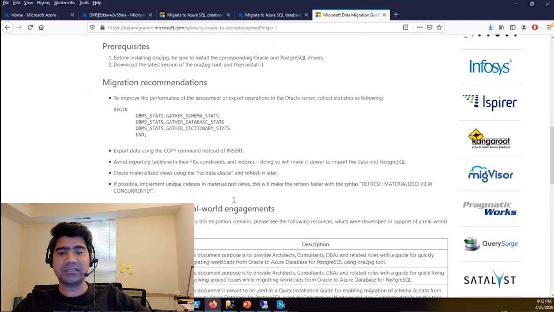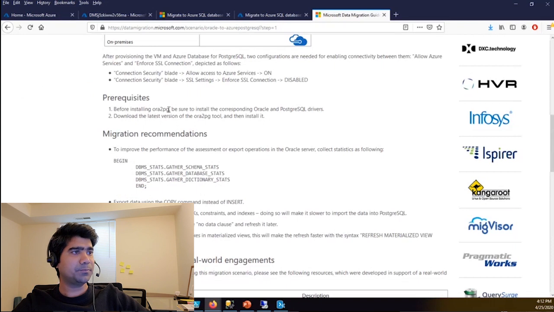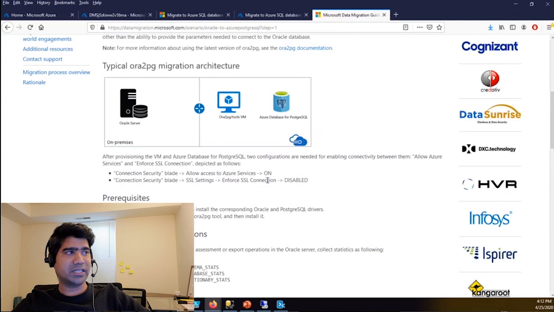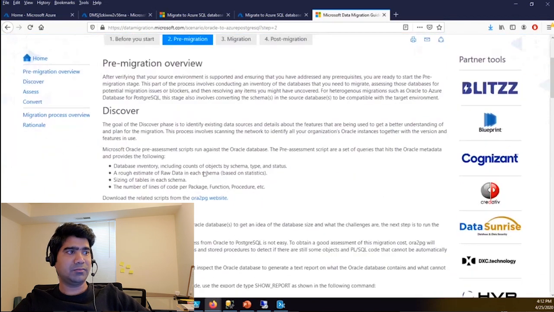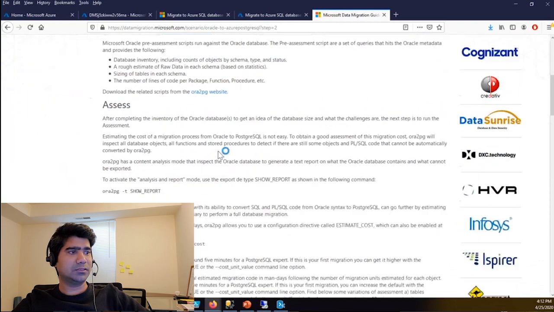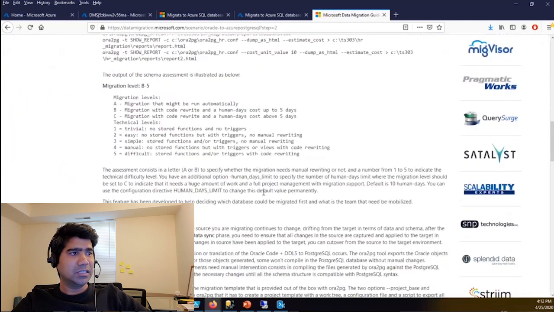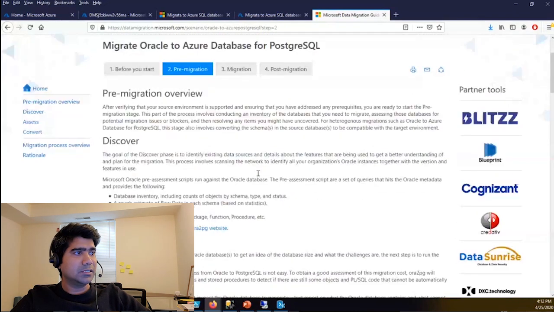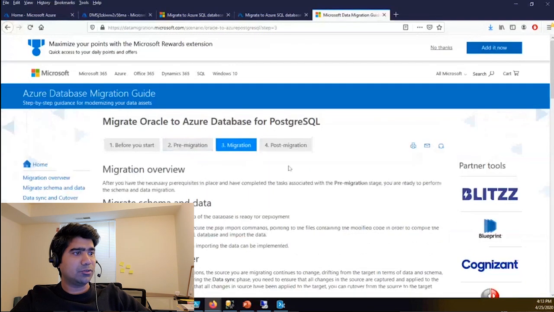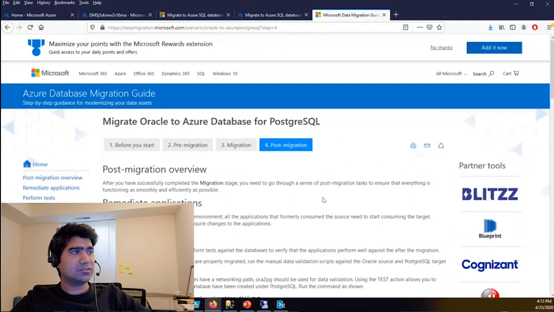Normally in this case, they use Ora2Pg, one tool that you can install for Oracle to PostgreSQL. Then you go to pre-migration, where you can go for discovery and assessment. Similar way, but the method is different because this is Oracle to PostgreSQL, right? Then you can go for migration, data sync and cutover, and then post migration. Okay, so this is for Oracle to PostgreSQL.